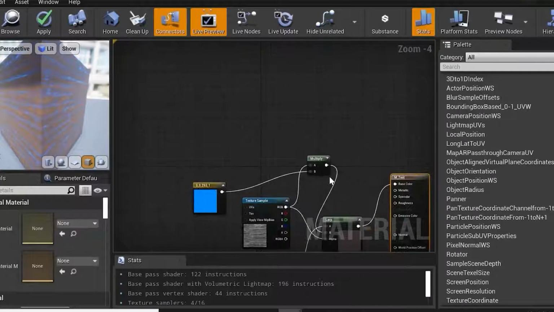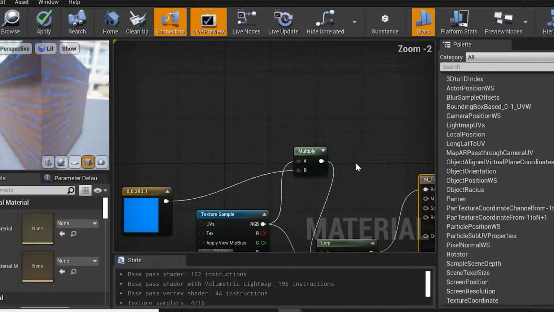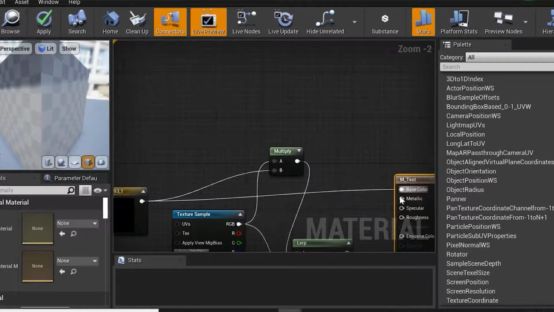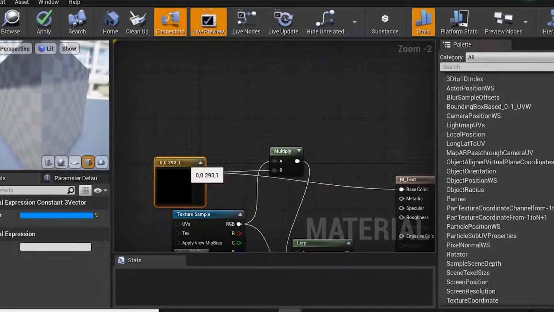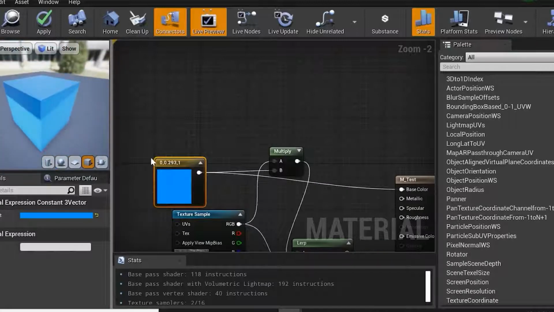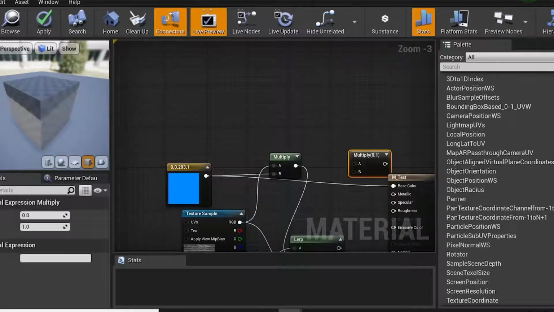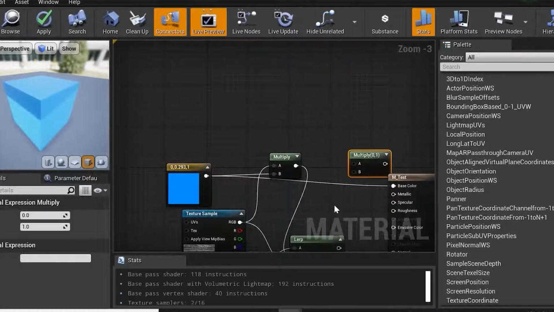Now if I want to use two different materials together, or if I want to apply this to my base color over here, I'll just directly create that. If I want to use any textures, I have to do different calculations in this material editor. M, left click, multiplier. L, left click.